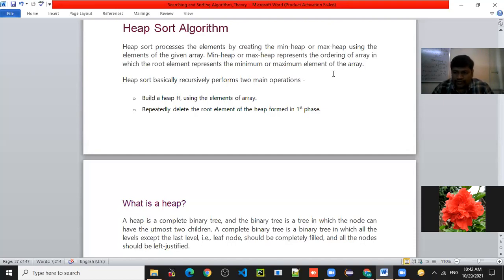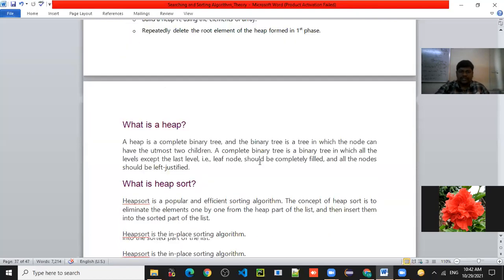In the first phase, we'll delete the first root element. In the second phase, the next root element. In the third phase, the next root element. But whatever root element you are considering, that is the maximum size of the element, or the maximum value of the given list. So how it works, that we will see.